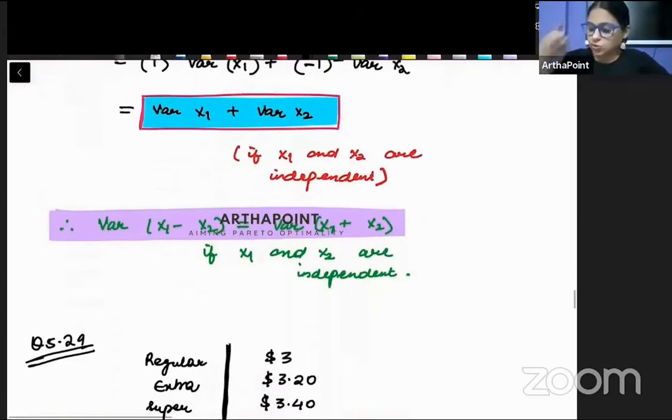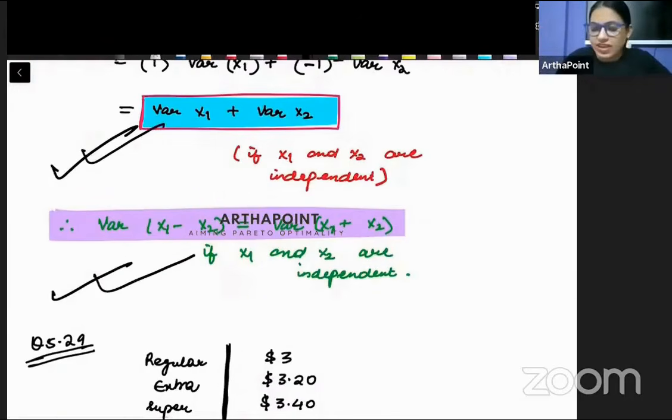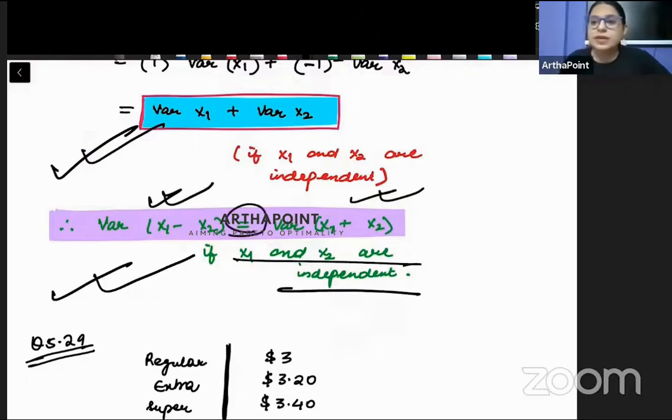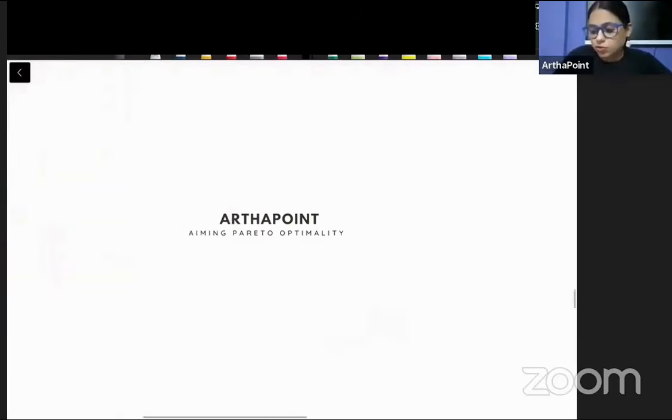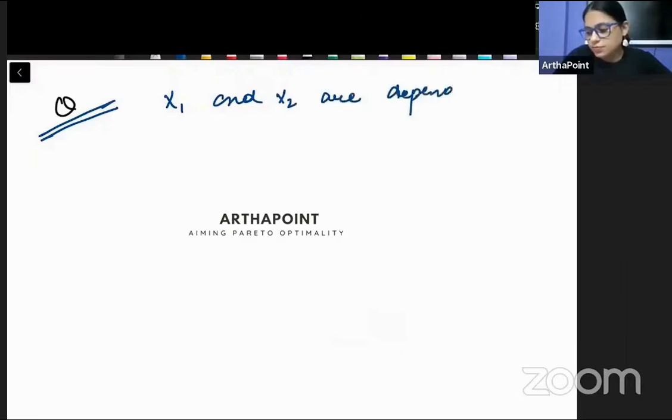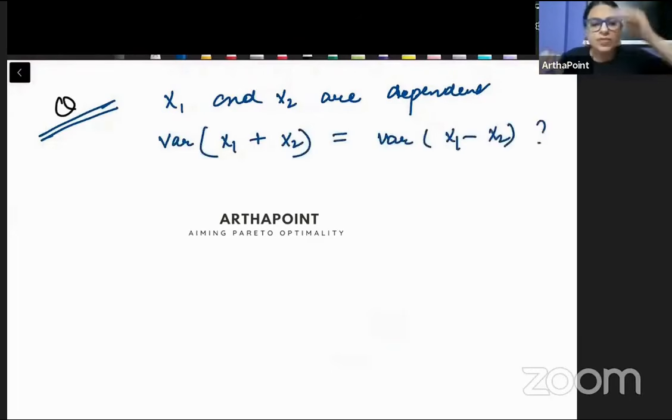तो when x1 and x2 are not dependent of each other, तब आपका फॉर्मूला ये हो जाएगा। ओके, we have discussed this also बेटा। तो variance between x1 minus x2 and x1 plus x2 is the same when they are independent of each other. अच्छा, what if they are dependent? Suppose मैं बोलती हूँ, क्वेश्चन आपको एग्जाम में आ रहा है, the question is that x1 and x2 are dependent. तो can you say that variance of x1 plus x2 will be equal to variance of x1 minus x2? यहां दिया हुआ है कि x1 और x2 are dependent of each other, वो एक दूसरे पे डिपेंड करते हैं।